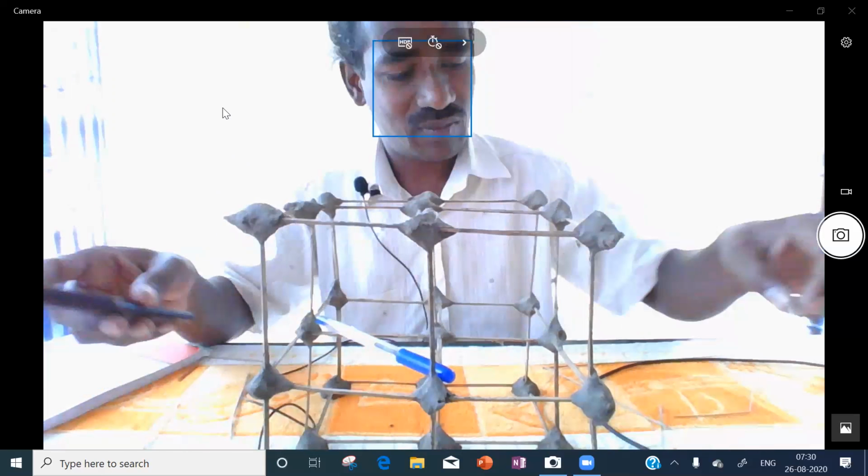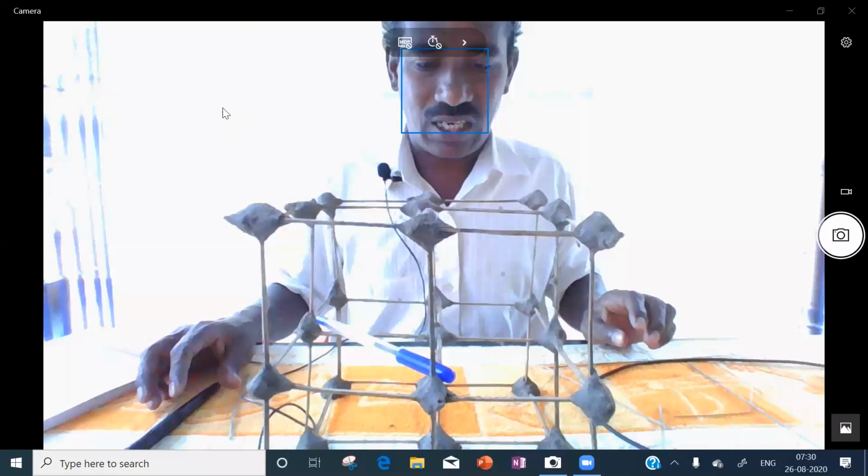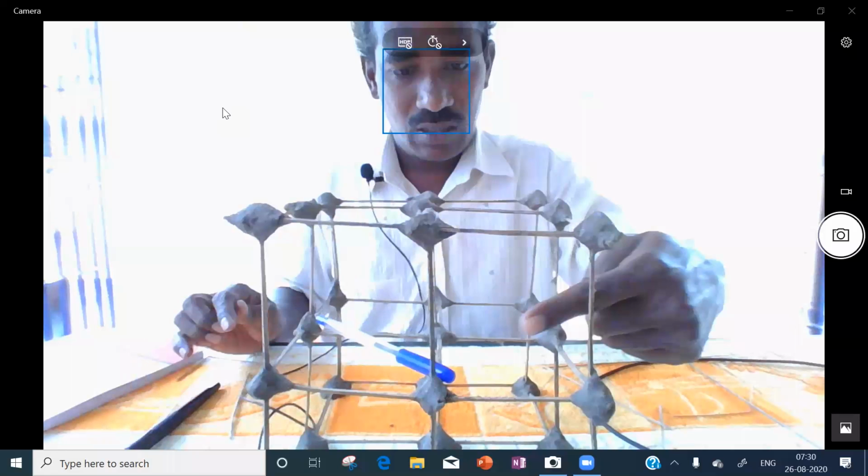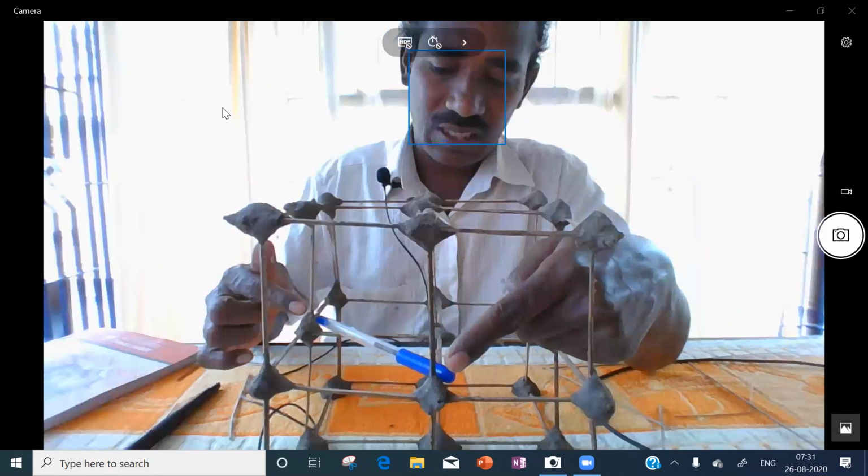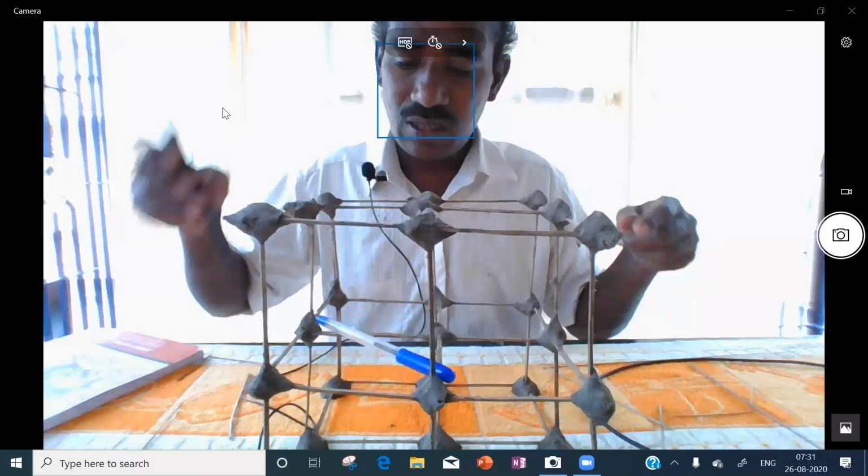Next we have to say the fourth triangle. This is the front face, it is the side face. Front face center, side face center. Then this side face center to top face center.